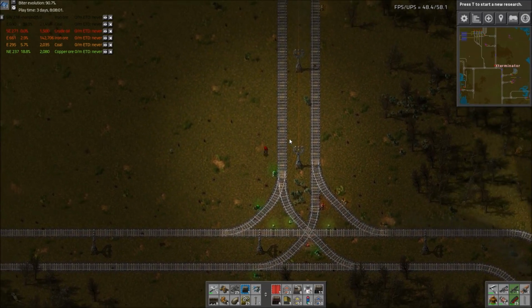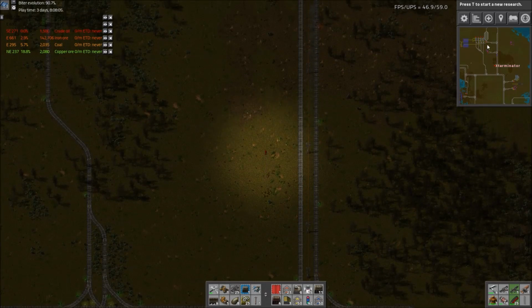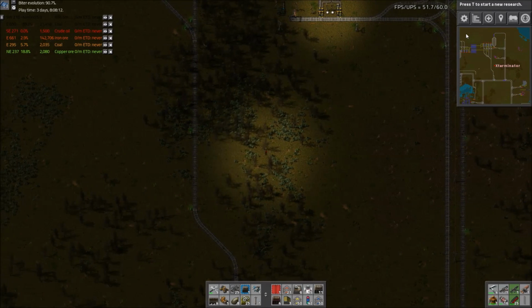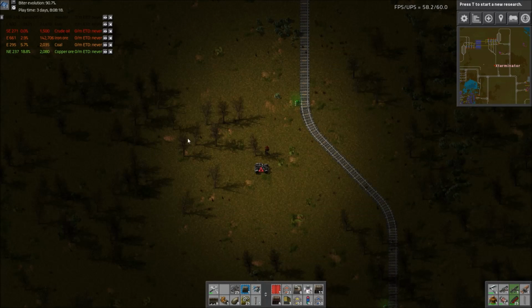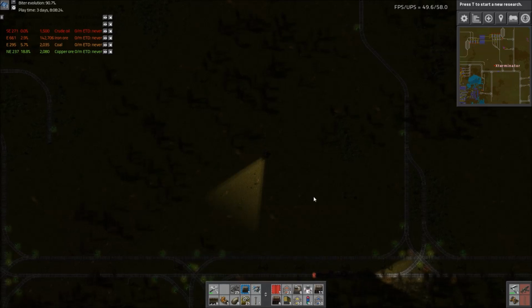Anyway, let's head. So that should kind of supplement our iron a little bit for our smelting. And actually, I think I don't even need to go back up here. We need to go down to the base and hook things up. A car might be nice if I can get there without crashing into stuff. But yeah, so hopefully,